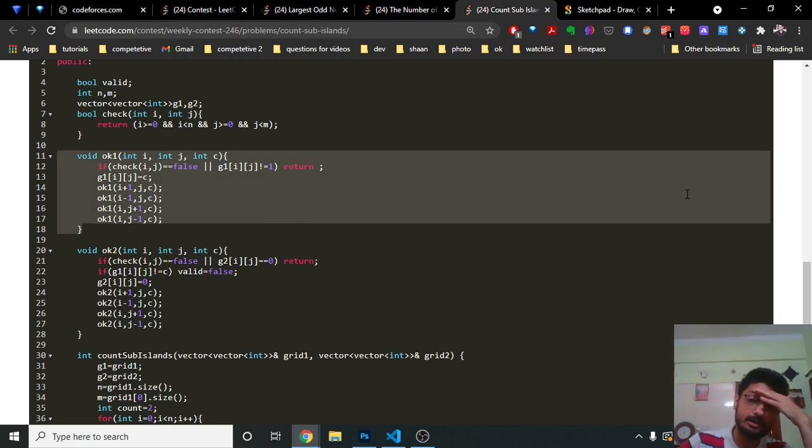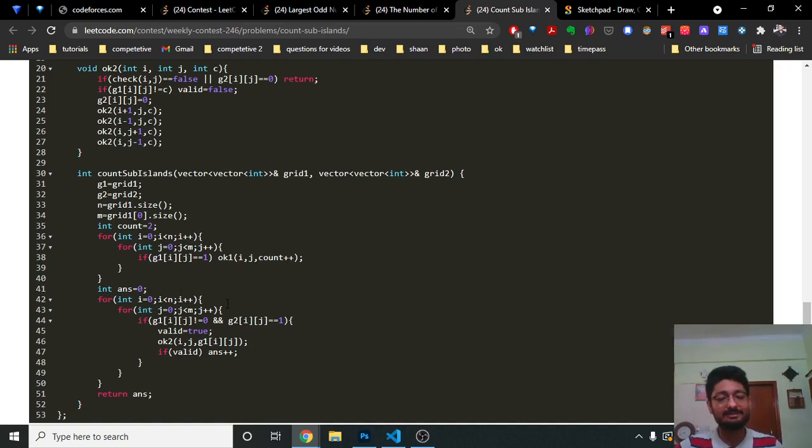Okay, I hope you get the point. So then what will happen here is I have to count how many sub islands there are in grid 2. So I will set answer equals 0. Then I will iterate over grid 2, and whenever I find a block which is not water, so in grid 2, any block which is equal to 1, which means that it is forming some island, and also that the same block should be an island in grid 1 too. So I will only do this for loop if, at the certain ij, both grid 2 and grid 1 are showing some island.